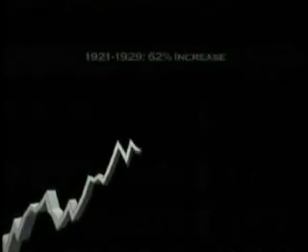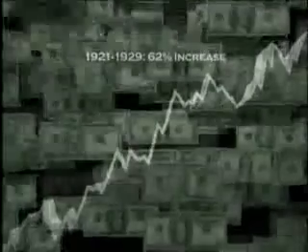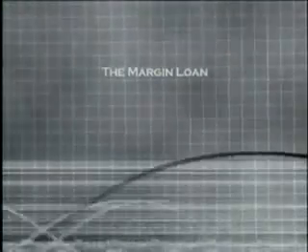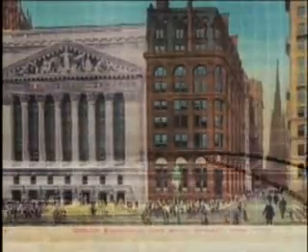From 1921 to 1929, the Fed again increased the money supply, resulting once again in extensive loans to the public and banks. There was also a fairly new type of loan called a margin loan in the stock market. Very simply, the margin loan allowed an investor to put down only 10% of a stock's price, with the other 90% being loaned through the broker. In other words, a person could own $1,000 worth of stock with only $100 down. This method was very popular in the roaring 1920s, as everyone seemed to be making money in the market.